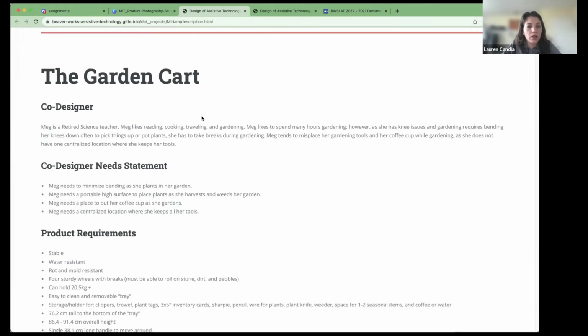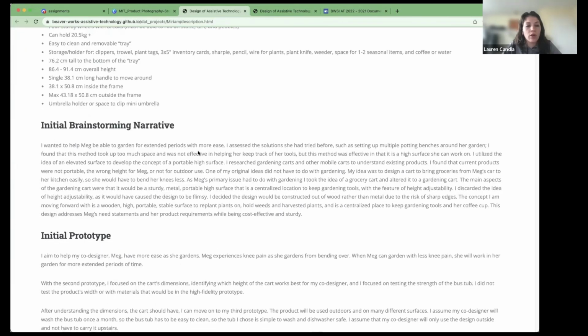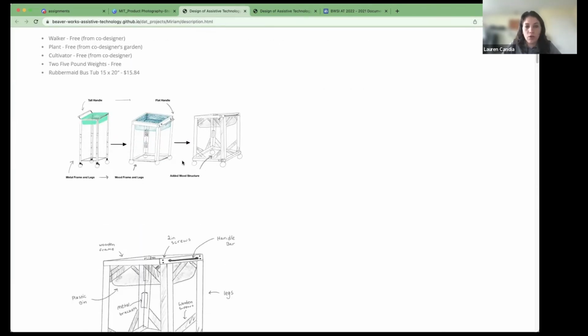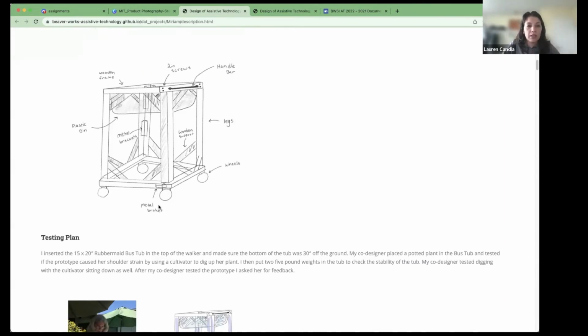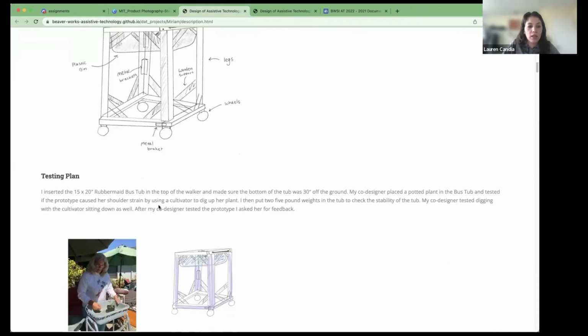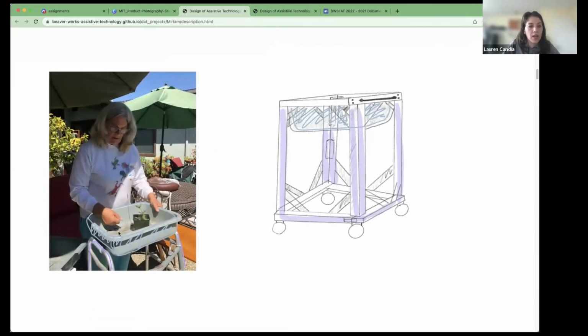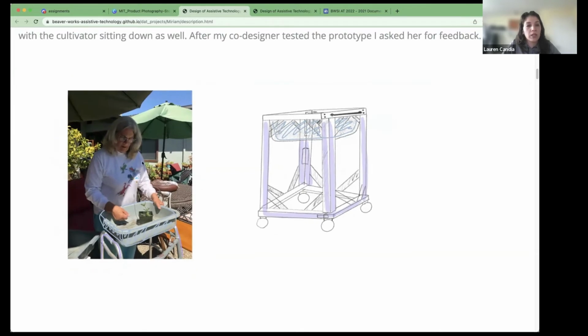So this is the garden cart from last year. If you go through the process, you can see the sketches, you can see that there's color added. You can understand where it's coming from at the beginning and then through development to see what changes. And what they do really well here is you're showing the product and then you're showing the person using it. I think a way to improve this could be